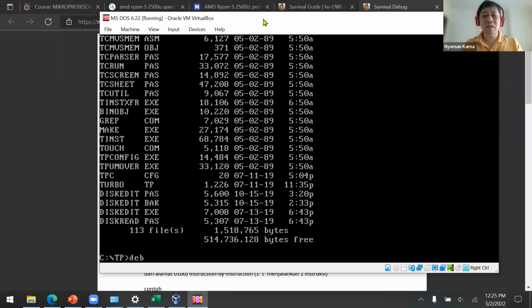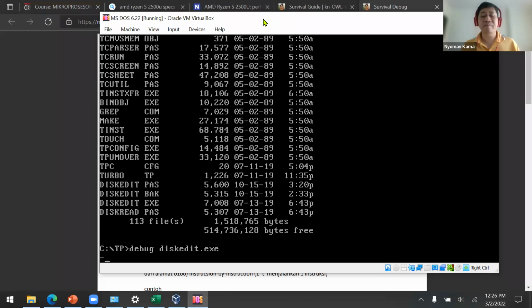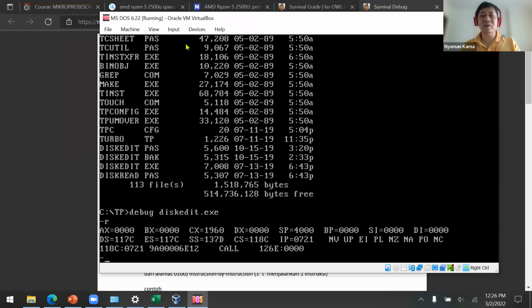Similar to when I'm using debug, let's take for example this edit.exe. When I press enter, debug will read the content of this edit.exe and put it into the memory. So what is inside this edit.exe? Let's try it out. We can use R first to check the register. This is the register for the 8080.